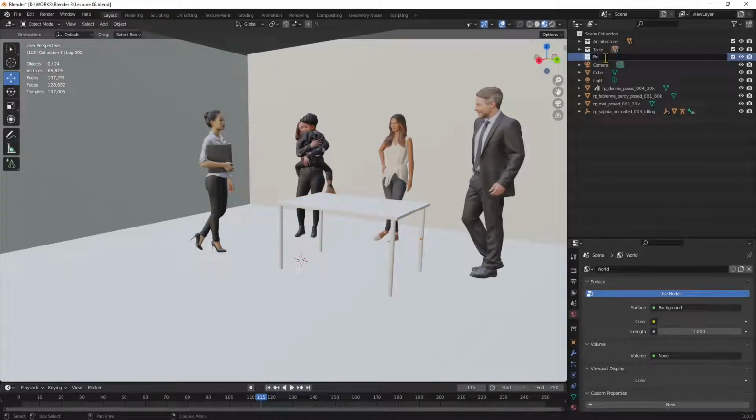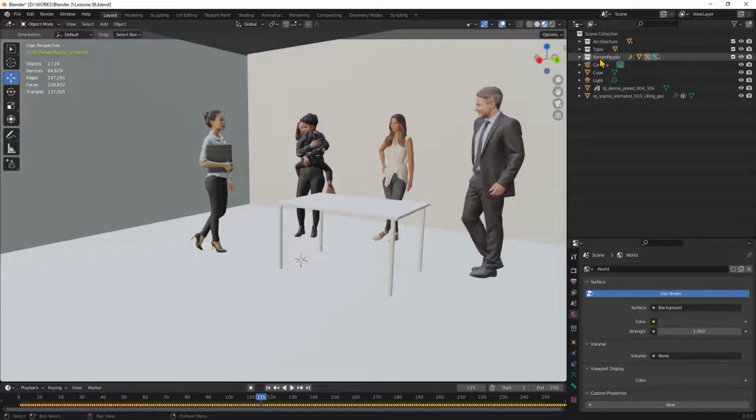Let's call this render people. Okay, and then I will select this tree and assign it like that, just clicking and dragging it again. It's really easy, but there is something left here, so I'm gonna click and drag, and there you go. I think I have no. Okay, now